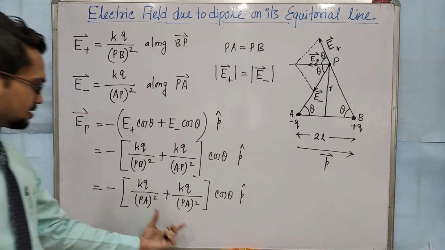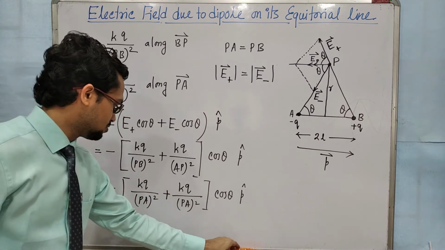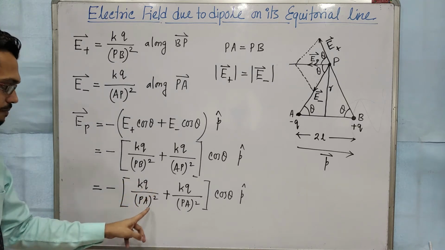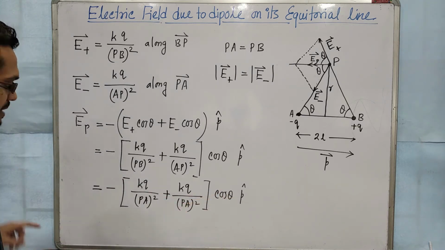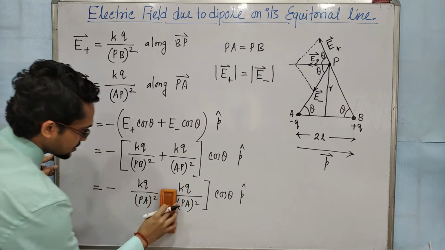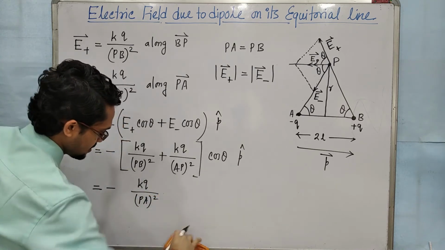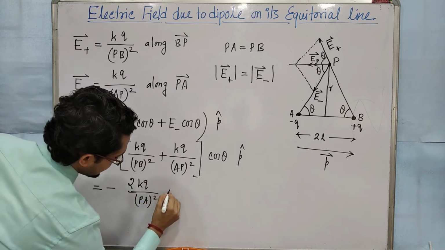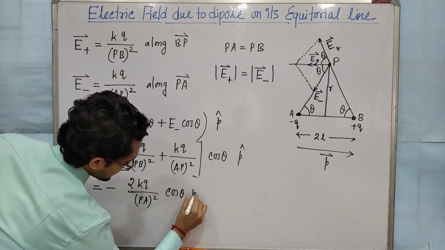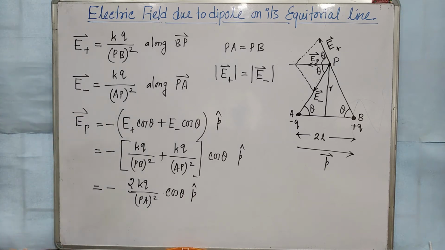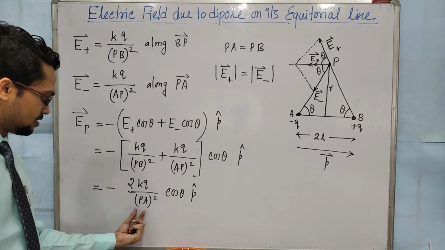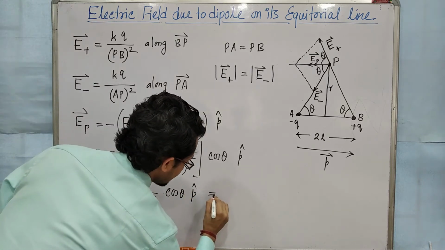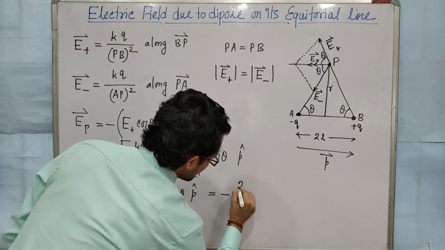Now both are equal, so it will be 2KQ by PA square into cos theta P cap. Now I will put the value of PA and cos theta. So minus 2